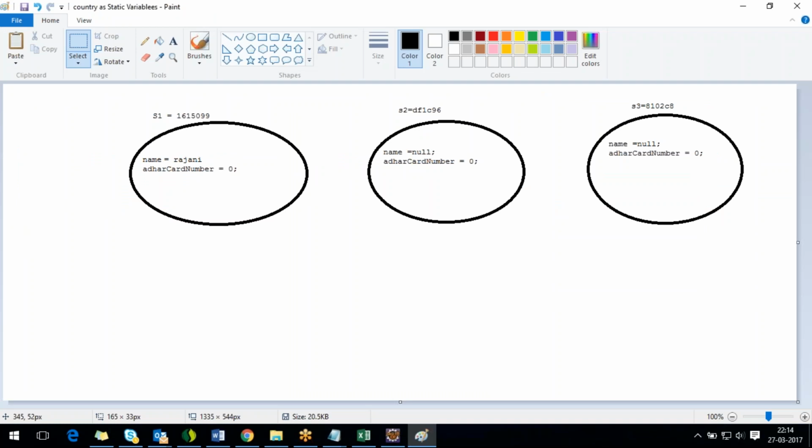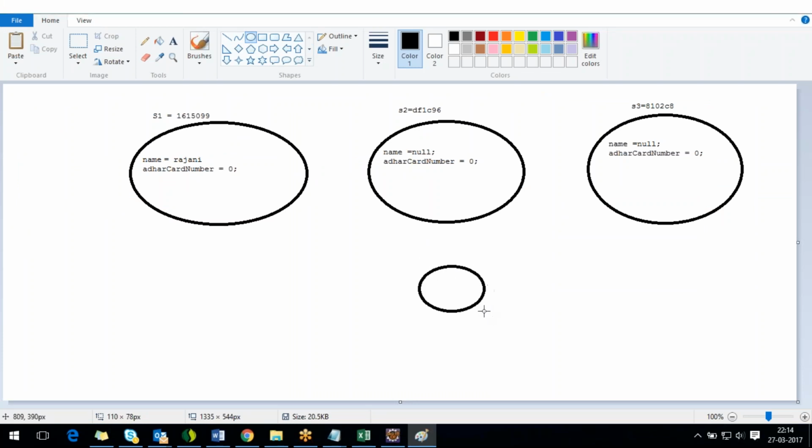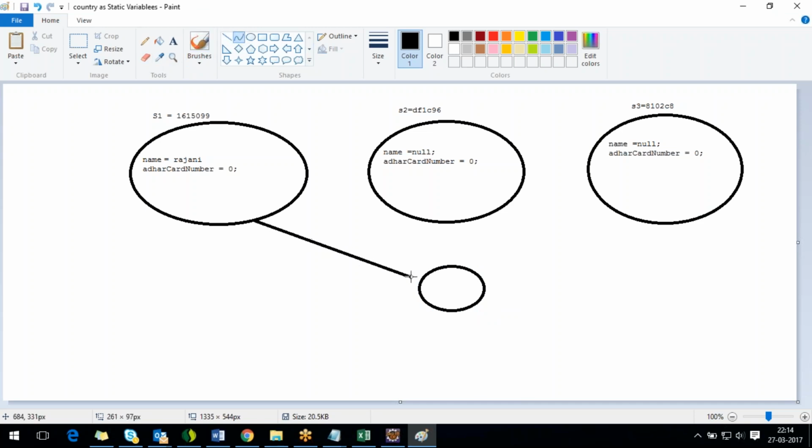So where is this country? Country, it's a string, right? Or anything. Even if it is an integer, it will be represented by a separate small object. And all these objects,